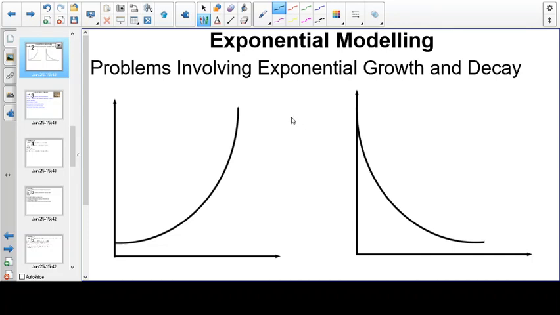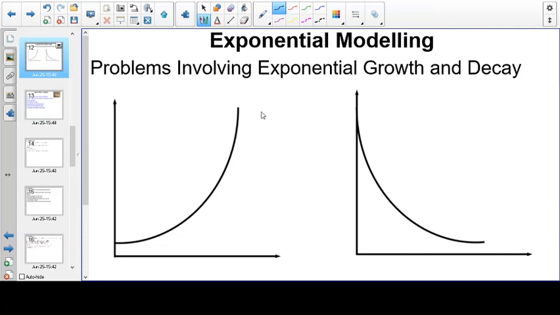Hi, this is the second video for Exponential and Logs Part 2. In the last video I talked about e. So just to recap, e is just a base number, approximately 2.718,